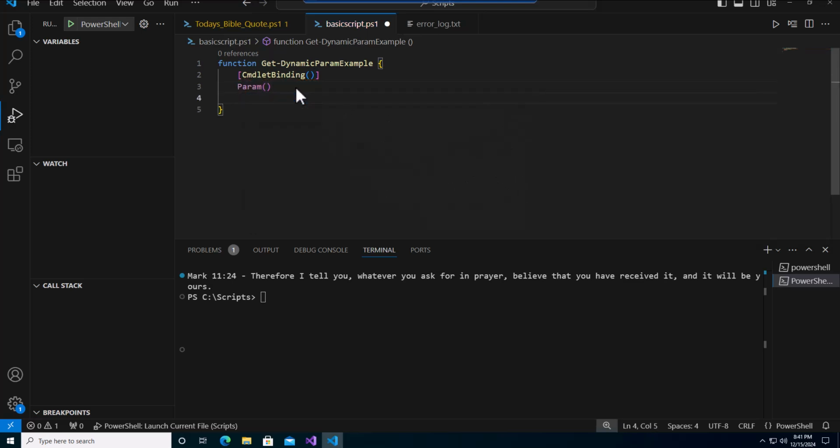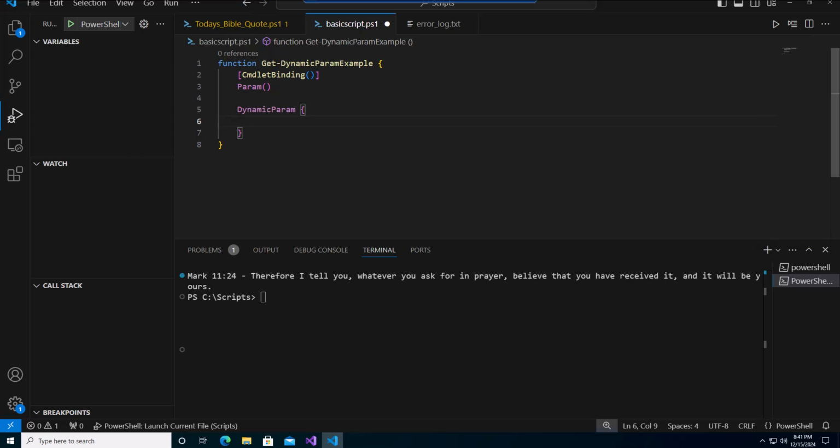That will define where we're going to put this in. And then we're going to declare what we want for the dynamic parameters. So we'll call it DynamicParam here, and then open the curly brackets. And then we're going to define